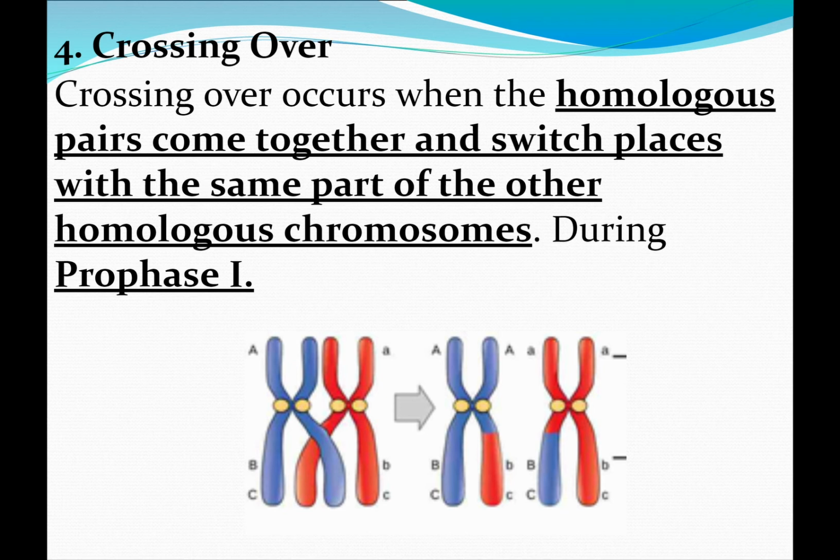Now, here's what happens in the sperm. When sperm cells are made, potentially this is what occurs. This blue part goes to one sperm cell. This blue with a little bit of red goes to another sperm cell, right? So this all blue one could be you, while this blue and red one could be your little brother. While this red one with a little bit of blue, that could be the older sister. While this one with a lot of red could go to another sperm cell, which would be your probably eldest sister. So this plays a key role in how each sperm cell has different DNA to make a different baby.